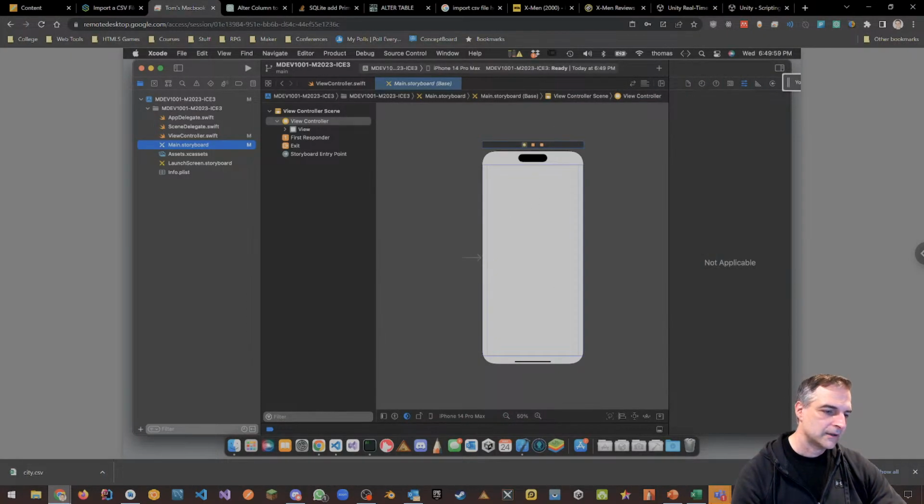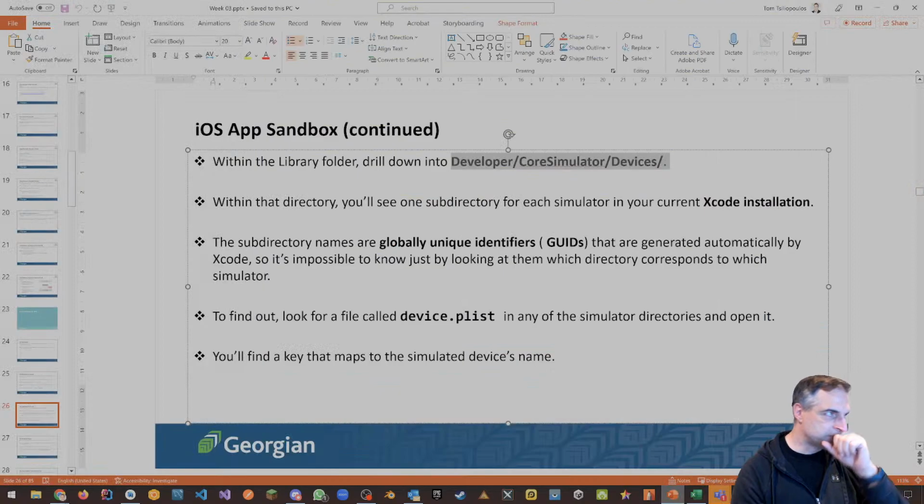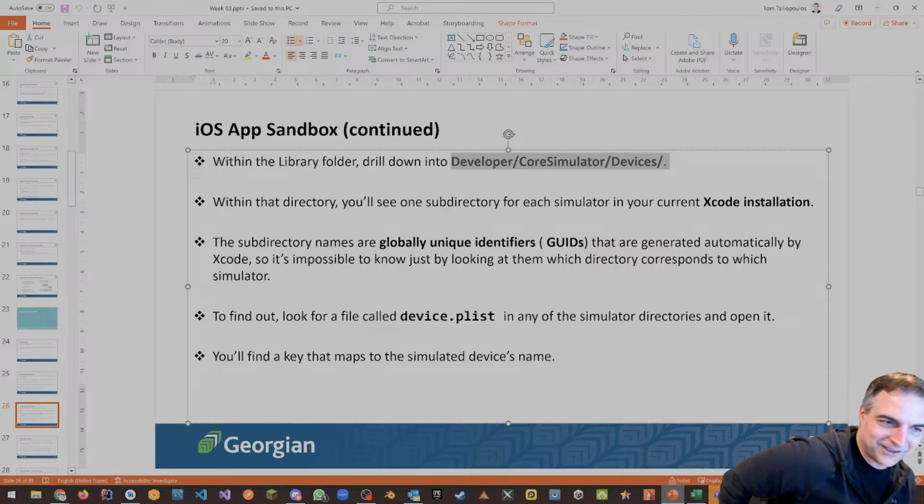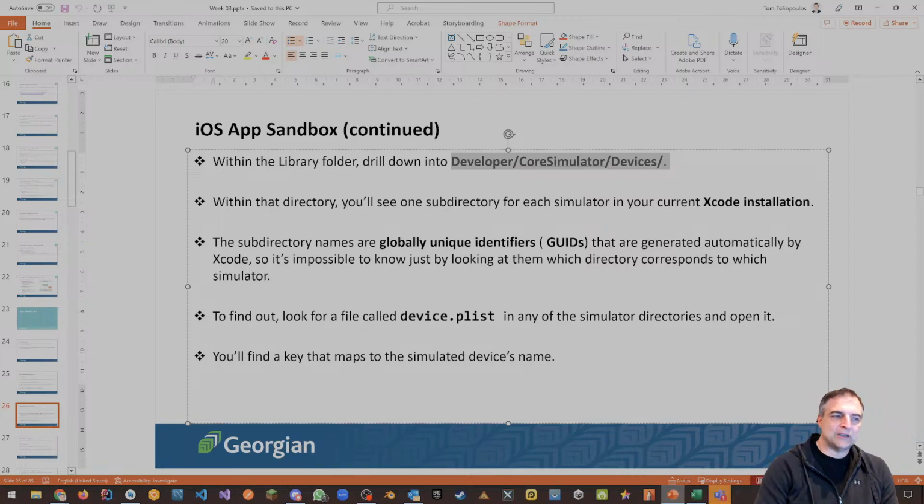Okay. Back to this. Your app sandbox is where it hangs out, and there's a file called a device.plist. Plist stands for preferences list, right? That's what it is. Key value stores. Which is kind of interesting. Plist can be used for all kinds of stuff. Part of the app's configuration, right? Which tells you things that are allowed or not allowed, and it can also be used just to